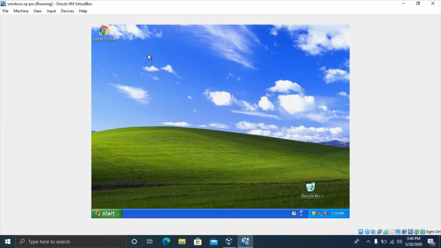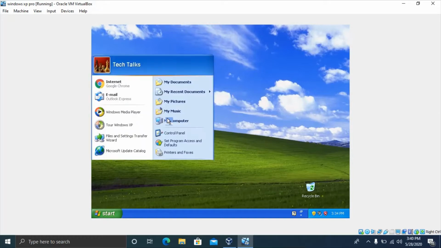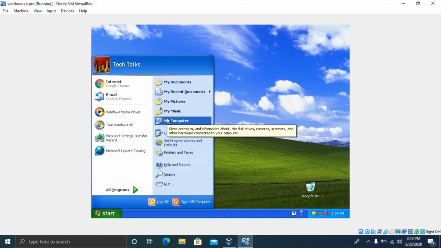As you can see, I've already downloaded Google Chrome over here, and Google Chrome works fantastically on this device. So let's first start with quite a few basics which everyone in Windows knows. The first thing, as you all know, is the start button. So let me hit the start button, and there it is.